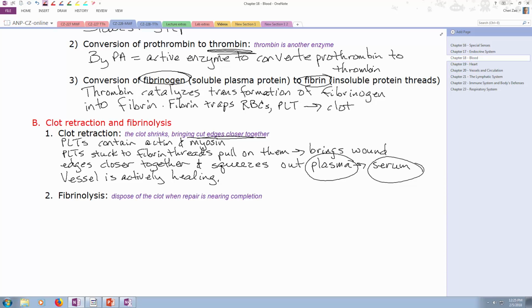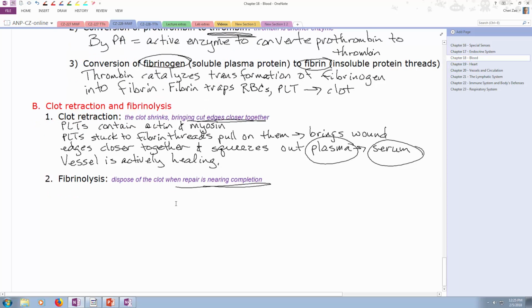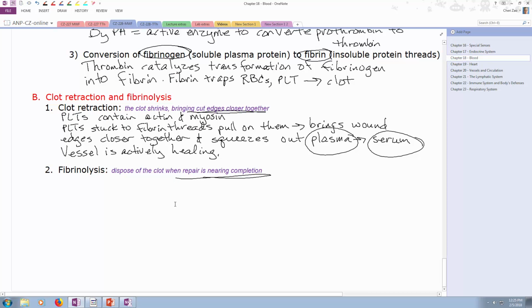Now into fibrinolysis. So we want to cut those little threads up. We want to chop up this little clot that we have. And this is important because repair is going to get near completion, which means we got our edges together and we're getting ready to secrete various factors. But what's interesting about this healing tissue is that besides releasing anticoagulants on its surface, it releases something else. Healing tissues, and obviously I'm talking about healing blood vessel tissues,